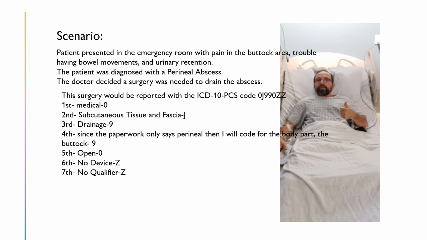My scenario. The patient presented in the emergency room with pain in the buttocks area, trouble having bowel movements, and urinary retention. The patient was diagnosed with a perineal abscess. The doctor decided a surgery was needed to drain the abscess. This surgery would be reported with the ICD-10 PCS code